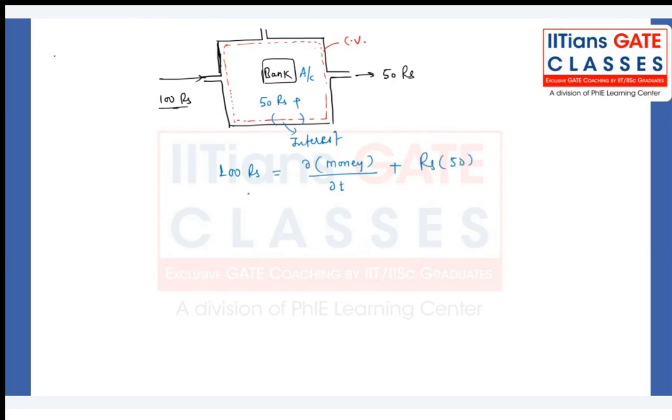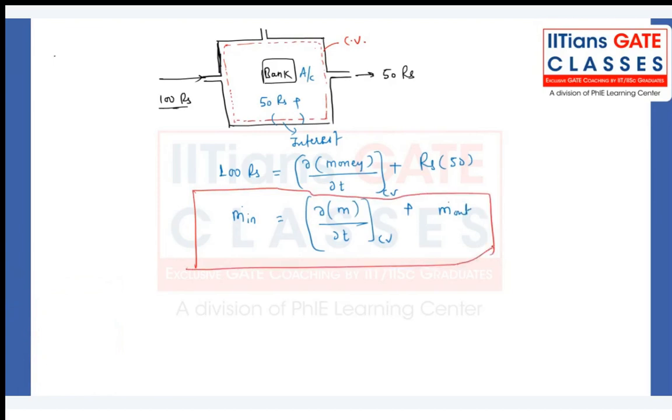So what you are writing: consider money as equal to mass flow rate. The mass flow rate going in is equal to dou m by dou t in that control volume, plus the mass flow rate of money coming out. This is what we are writing based on the Eulerian approach. Make a note of it. So what is the statement? Total mass entering into the control volume,